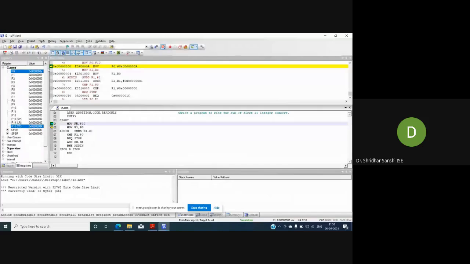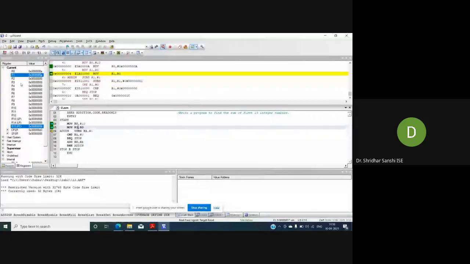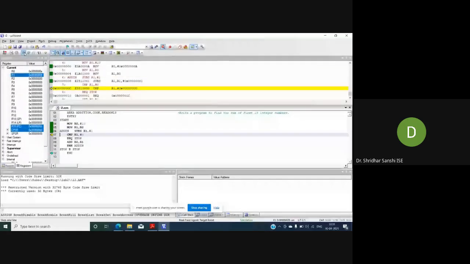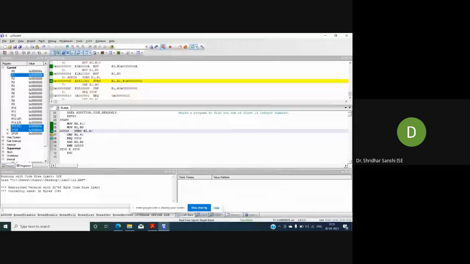Again, I'll press the next step, next line. Next, I will execute this: subtract R1 with what value? 1.